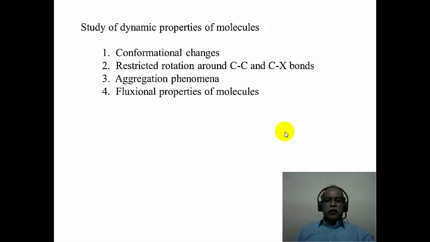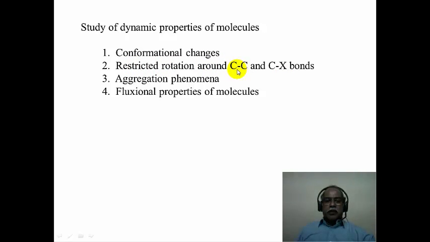Now, NMR spectroscopy is a very powerful tool and it can be used for a study of several different types of dynamic properties of the molecules. Some of the dynamic processes are listed here, which can be studied by NMR spectroscopy. Conformational change, a chair form of cyclohexane going to another chair form, for example, can be studied by NMR spectroscopy. Bond rotations, carbon-carbon bond or carbon heteroatom bond rotating, the restricted rotation of this kind of bonds can be